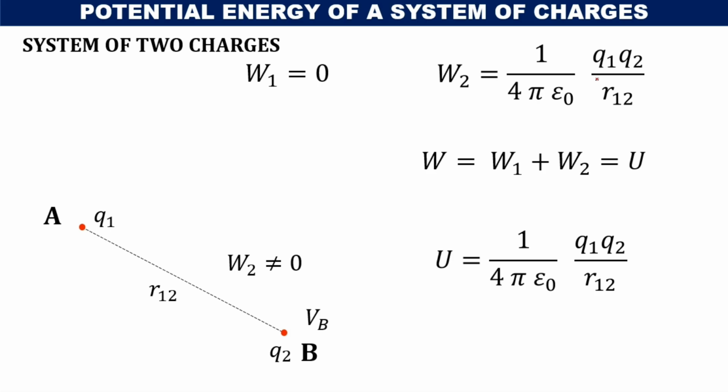Here, the order in which the charges are brought from infinity to the respective positions is not important. The total energy will be the same. That means, instead of first bringing charge Q1 from infinity to position A, even if we bring charge Q2 to position B and then bring Q1, the expression for the potential energy of the system of two charges will be the